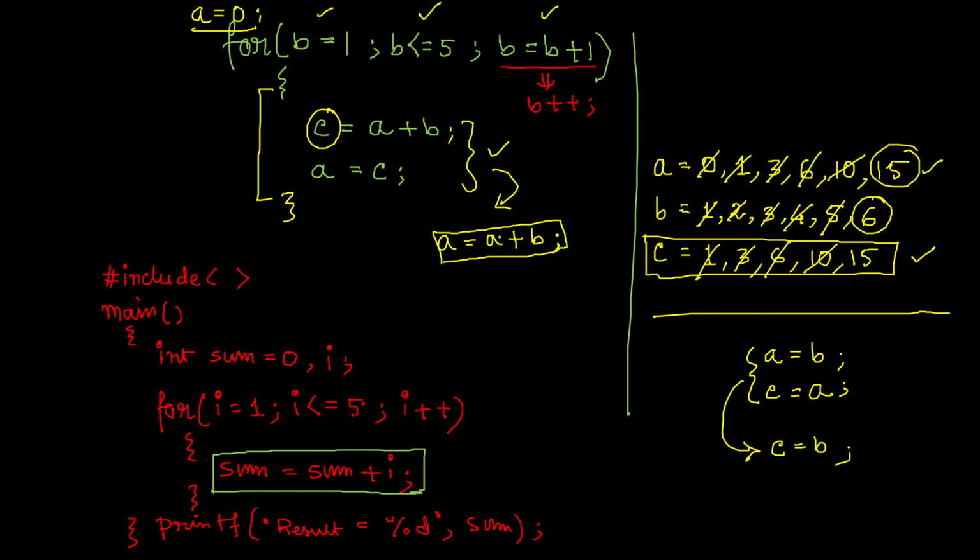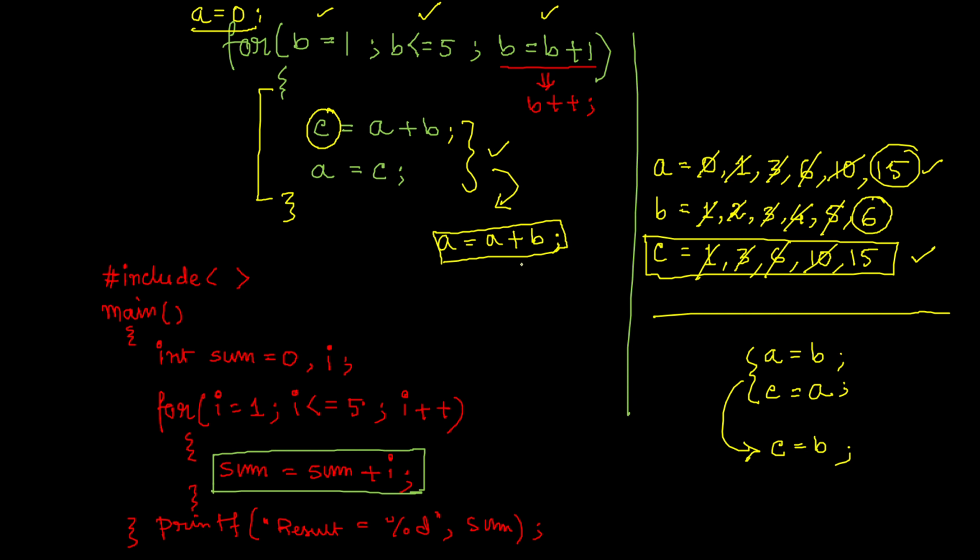If for the time being you just assume that you are a new person, you have just started reading this program. At that point of time, if you read both programs and I ask you to compare, obviously you will say that understanding this line sum equal to sum plus I will be much more clear than a equal to a plus b, in the sense that some variable itself is representing that it is going to store some summation result, which is not reflected in the variables a or b.